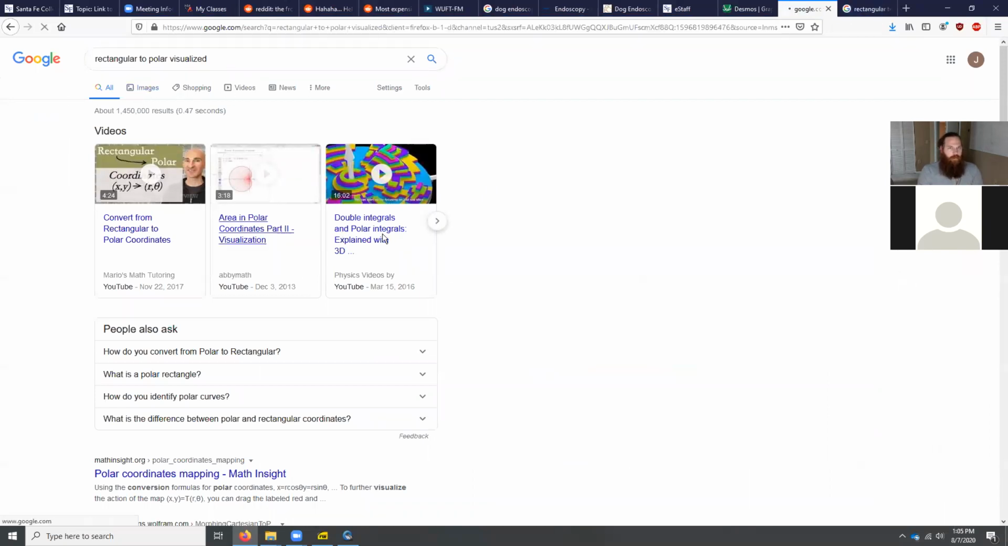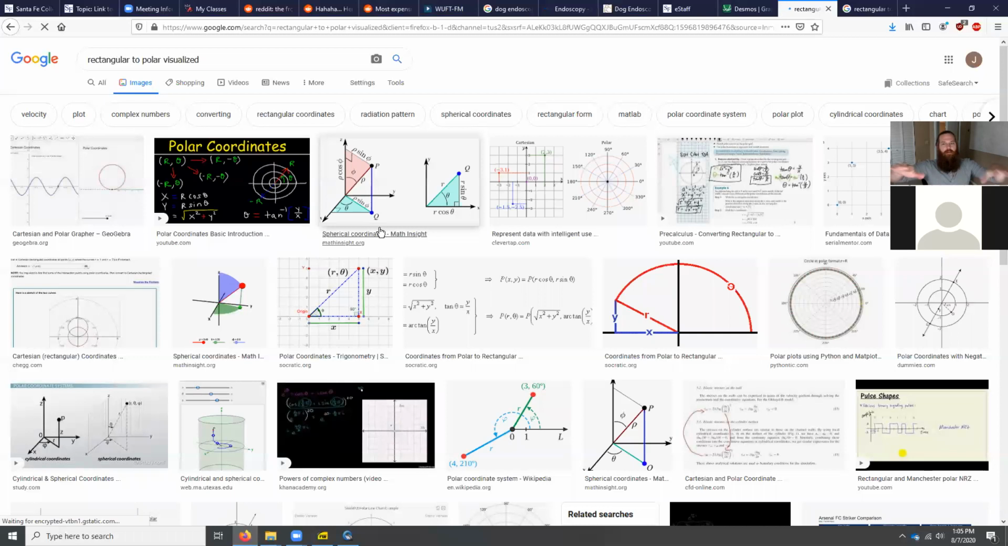The polar coordinate thing here is that horizontal lines turn into concentric circles and vertical lines turn into rays emanating from the origin. And if you can find a good GIF,